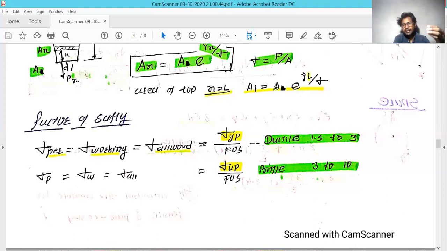For example, if the cross section has a diameter of 5 mm, it can sustain up to 100 kilonewton of force, and if you apply 200 kilonewton, it will break. So you have to be specific with respect to its capability. So from the factor of safety you can calculate the capability of that rod. And the other point you have to be clear about is that ductile material